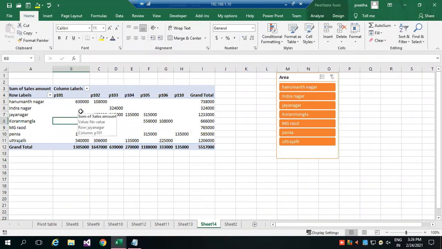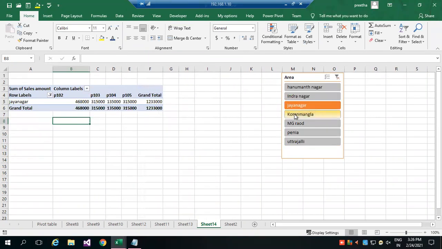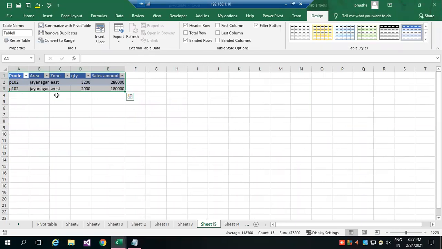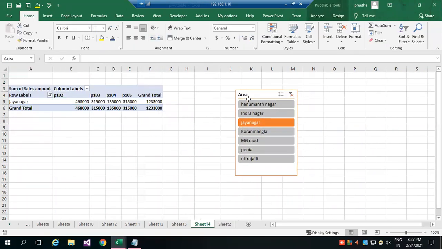If you have a bigger table, larger table, instead of showing all, suppose my client, I wanted to show only for Jayanagar, I can pick up only for Jayanagar. So what is the total sales? 12 lakh 33,000. How am I getting 12 lakh 33,000? Again, I double click, I can show the data. For 101, 102, what is the sales I'm getting? So this is what I'm getting on the right side.